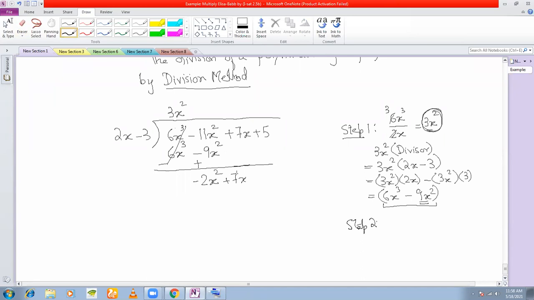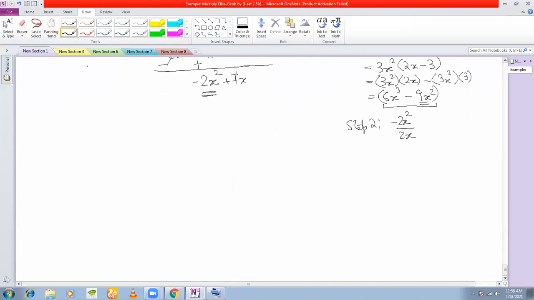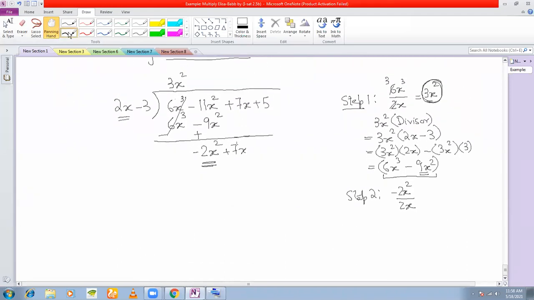Step 2. Now see, the dividend here is minus 2x square. I will take the leading term of the dividend, which is minus 2x square. And the leading term of the divisor is 2x. So I will divide this. Right? So that now I will get, this 2 cancels, it is simply left with a minus. And x to the power of 2 minus 1 is simply x. Right? So once I have got this x,